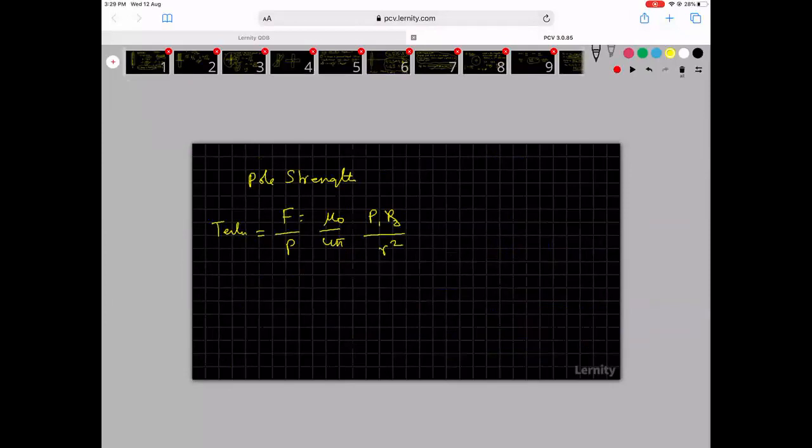Do you see that Tesla is equal to, this is magnetic field B. So B has a pole strength here. So Tesla into pole strength is equal to